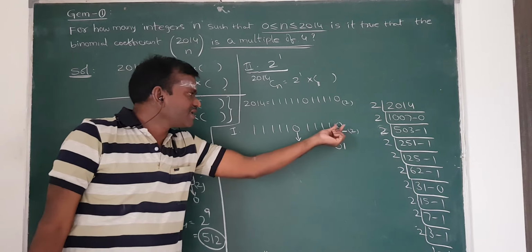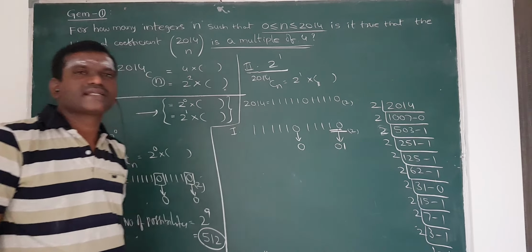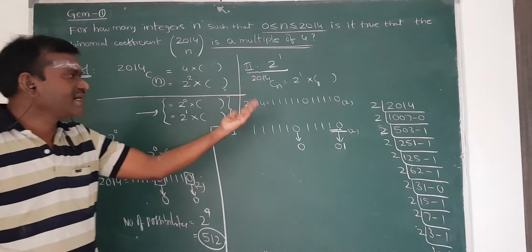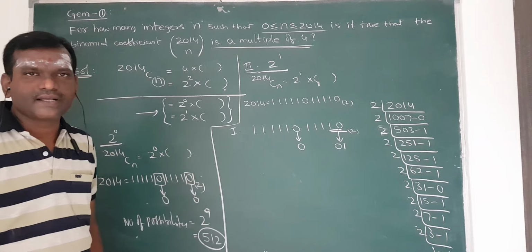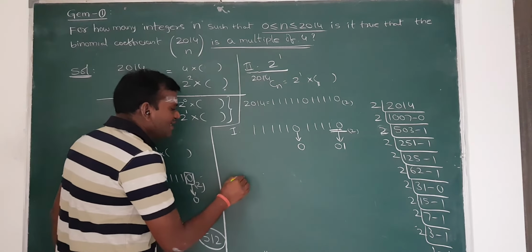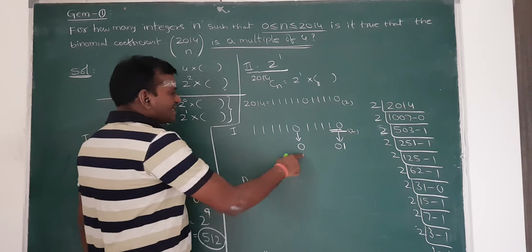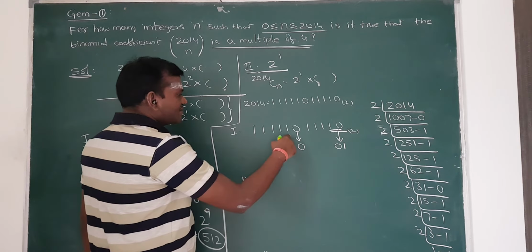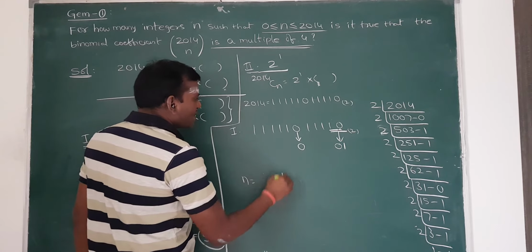There is 0 and 10. 01 is substituted here in place of n. Then definitely I will get only one carry. I will show an example also. Suppose n is equal to, I want this only, 1.